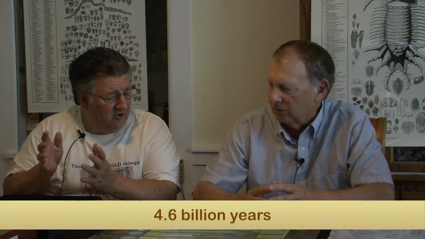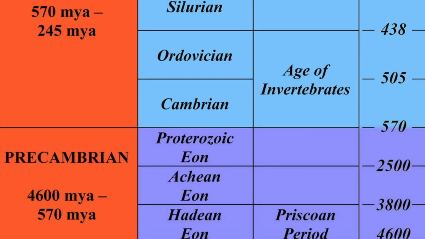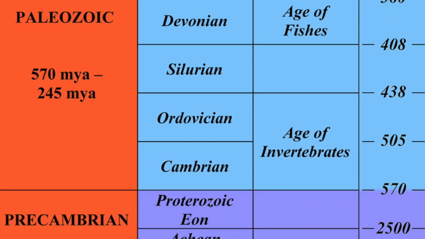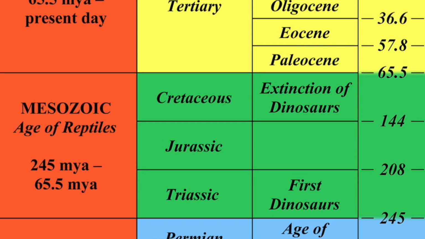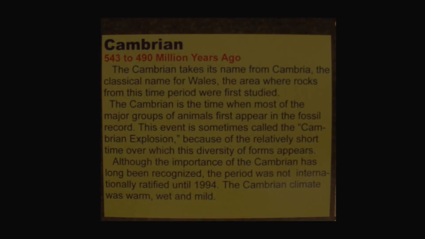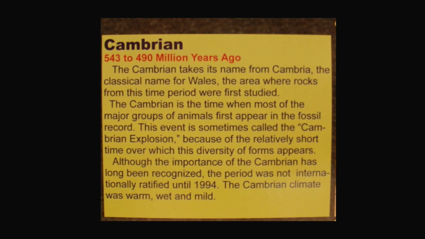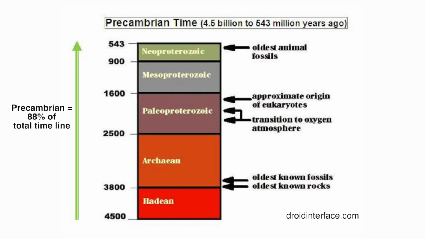Well, as you know, they say that the Earth is estimated to be 4.6 billion years, billion with a B, from inception to the present. When you start talking way back into deep time, I just did the calculations. The Cambrian, they say, started about 543 million years ago. And that's when there was the Cambrian Explosion, life proliferated. Before that, there was probably some life, we'll talk about that, but the extent of Precambrian time was 88% of